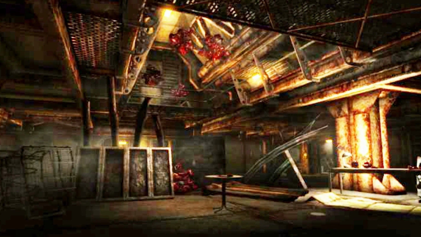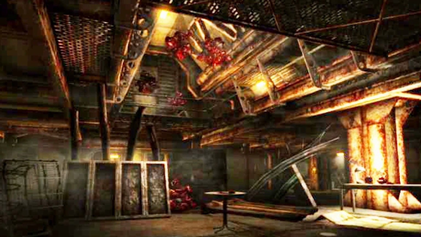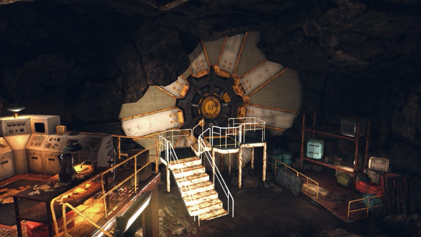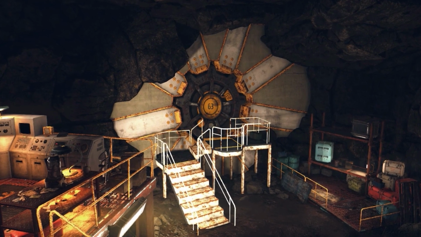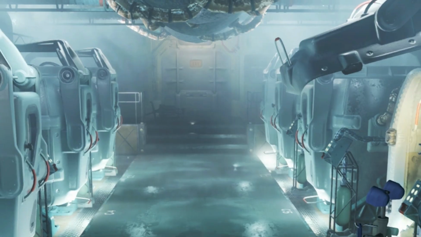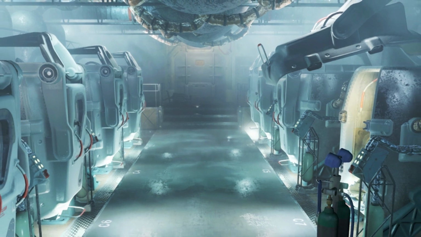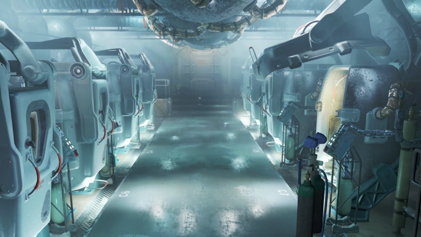Vault-Tec's influence extended beyond mere shelter construction. The company engaged in secretive and unethical experiments within these vaults, testing new technologies and social paradigms, ostensibly to redefine societal norms post-catastrophe. These experiments varied from the mundane to the deadly, designed not just to protect but to study human behavior under controlled, often cruel conditions.